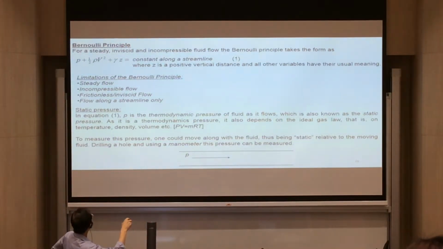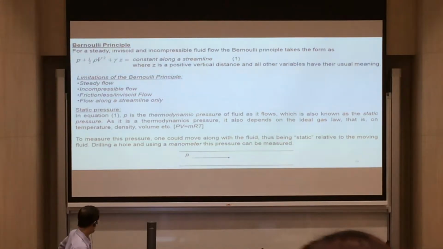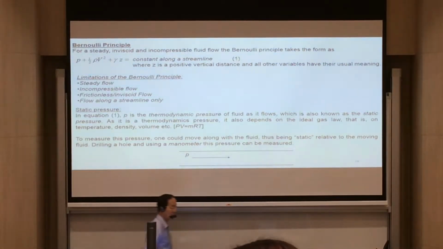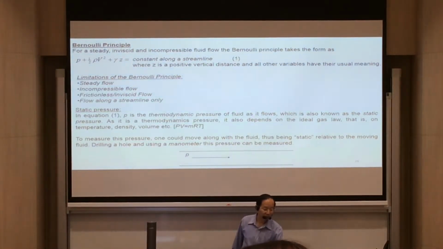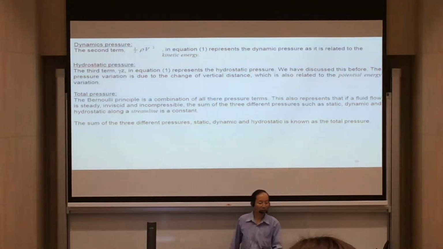This is the thermodynamic ideal gas equation, I hope you know: PV equals mRT, where m is mass, R is the gas constant, and the temperature must be in Kelvin. Pressure times volume. Just to refresh your memory. Remember, static pressure is different from stagnation pressure.